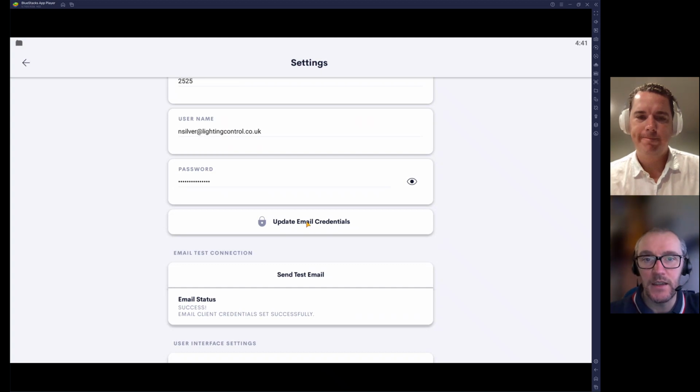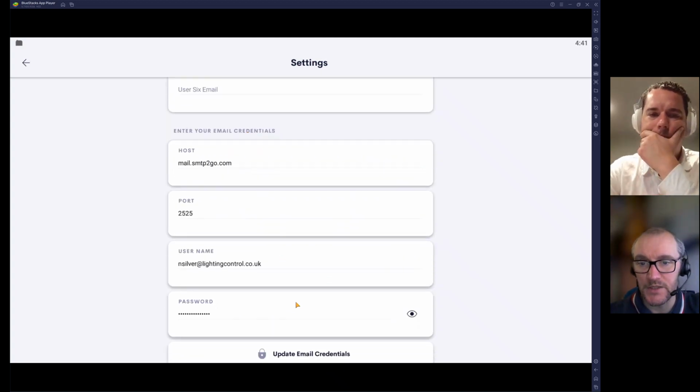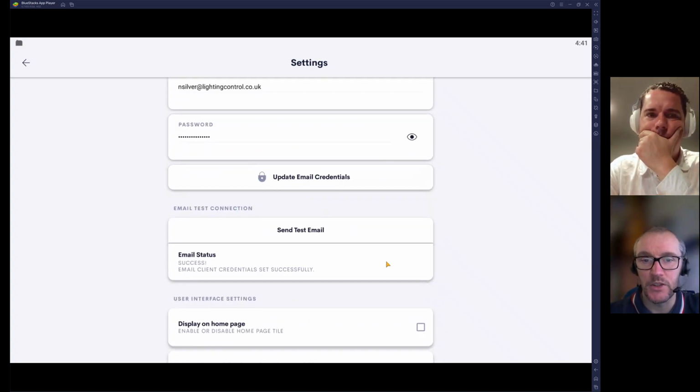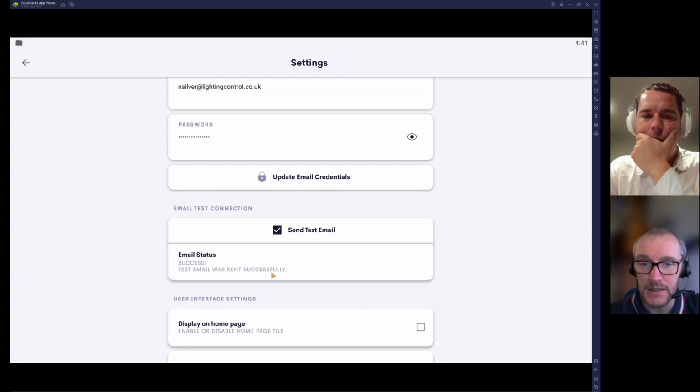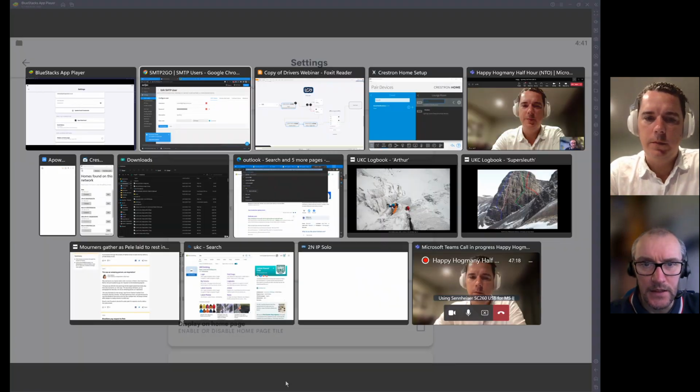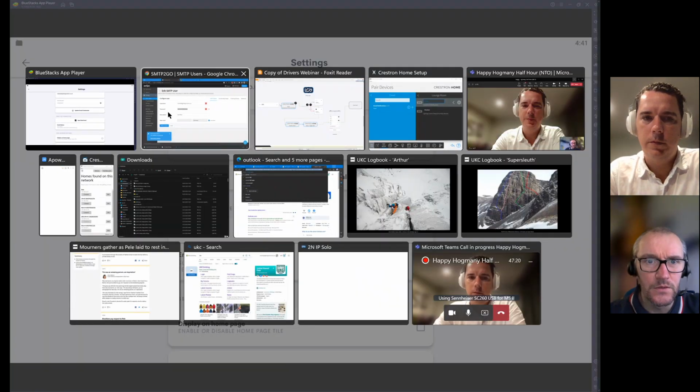So once I've got these 4 pertinent bits of information in, I'm going to update my email credentials. Then we get a little bit of feedback here, and then I'm going to send a test email. Again, we get some feedback here, so hopefully we should get a test email sent successfully. And if I go to